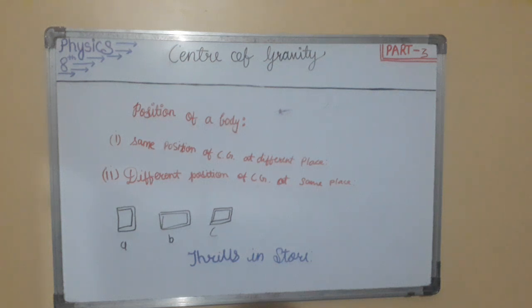Conclusions. First conclusion. Now these all conclusions are so important. First is a body with the center of gravity at a lesser height is more stable than a body with center of gravity at a greater height. Hence the less height with center of gravity is more stable than the greater height with center of gravity.